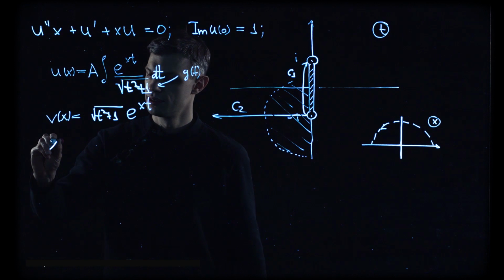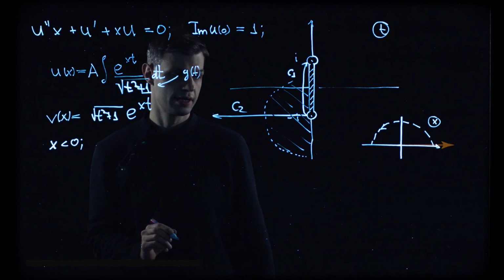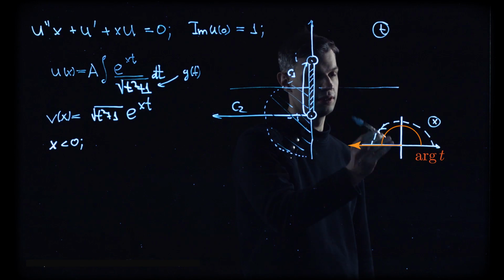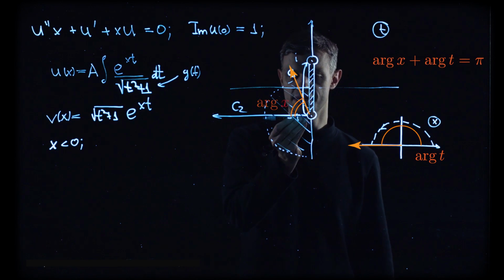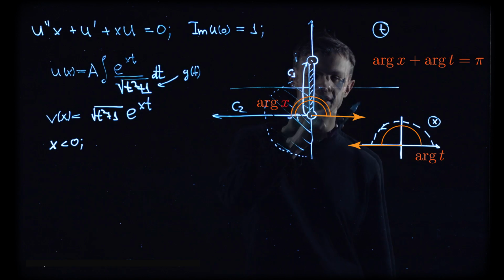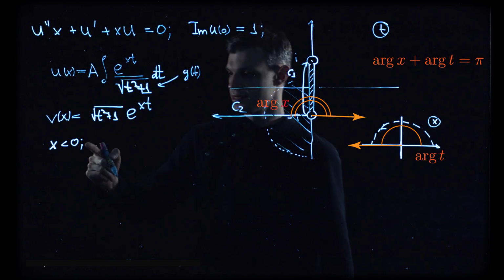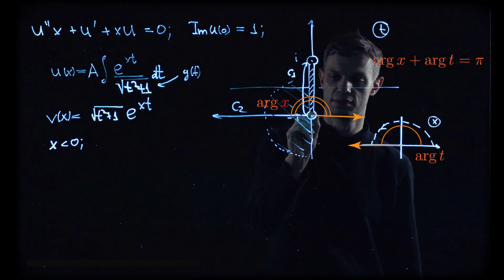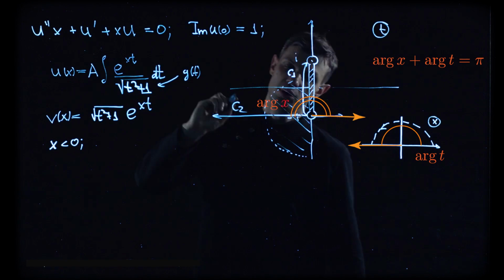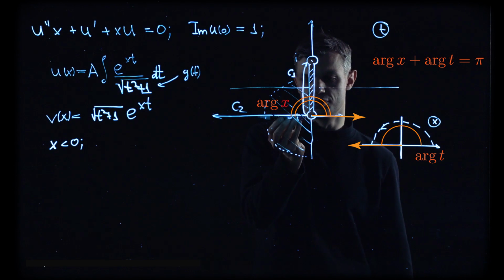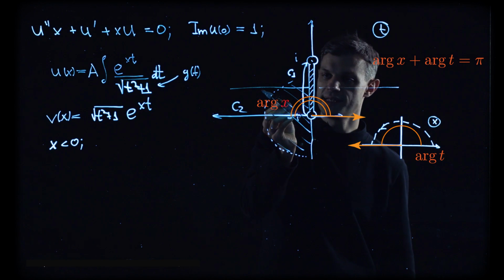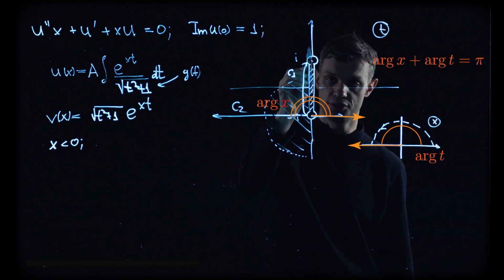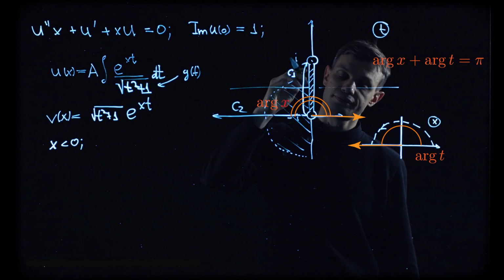Now we discuss large negative x. As I mentioned earlier, when x rotates counterclockwise, the steepest descent direction rotates clockwise. So when x becomes negative, the steepest descent direction points to the right. So what is happening to this contour? In order to find the asymptotics, we rotate it up to this vertical direction, and then we have